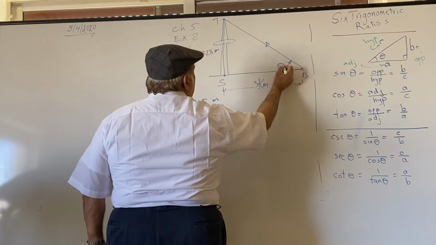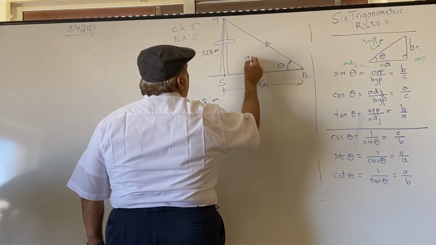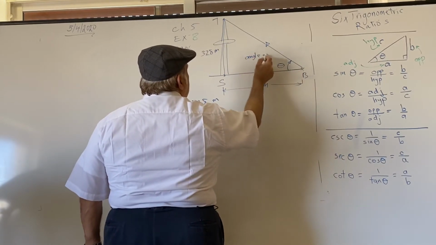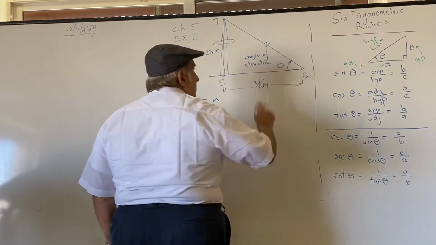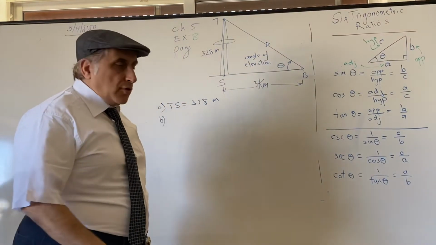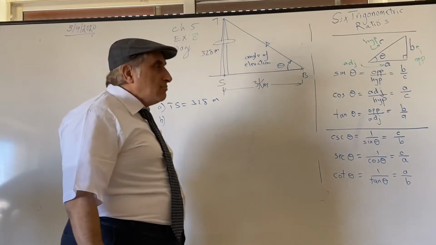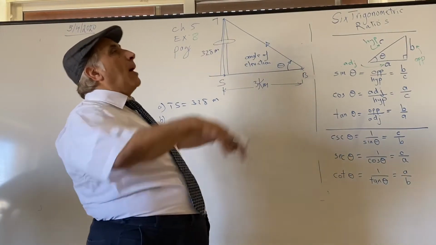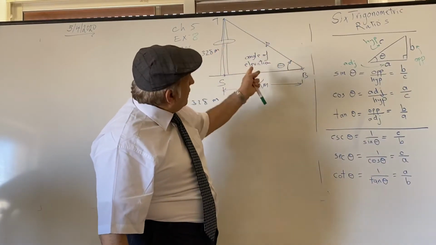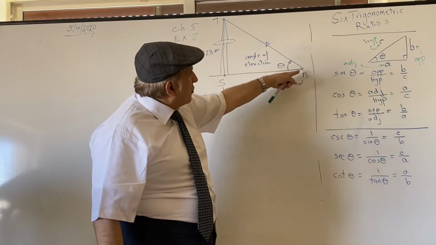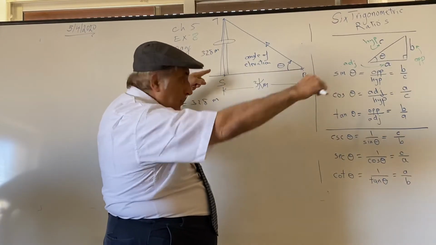I can call it theta, but it's called the angle of elevation. From elevator. You elevate. When you are happy, you go up. So this is called the angle of elevation. You elevate up. It's the angle between the horizontal side view and